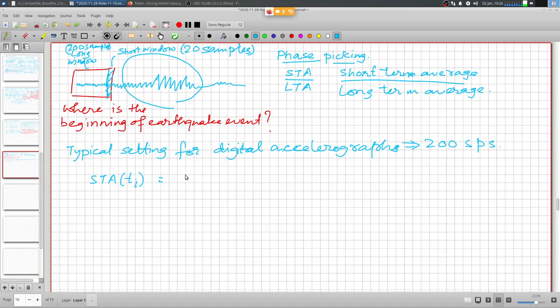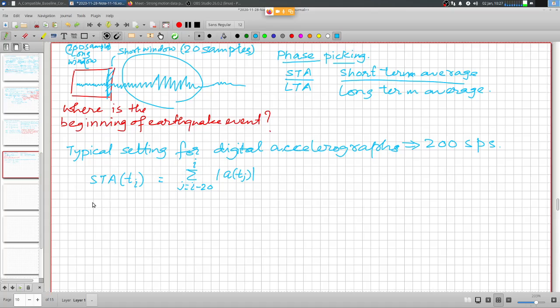So STA is the sum over j equal to i minus 20 to i of the absolute value of A at Tj. We can square it, or